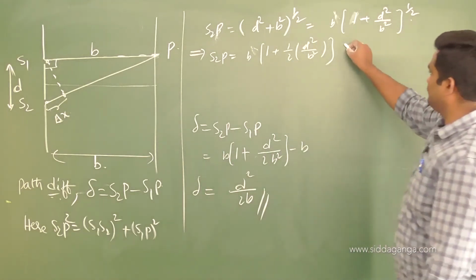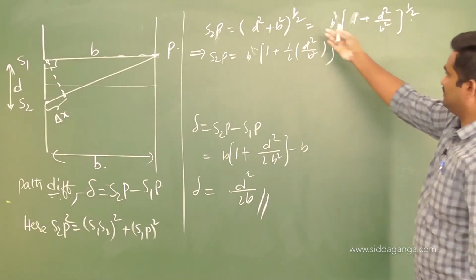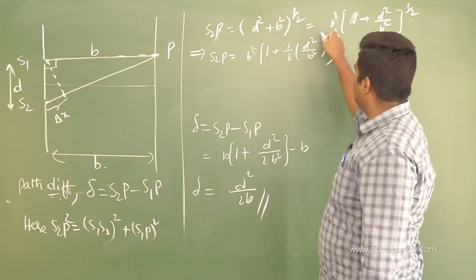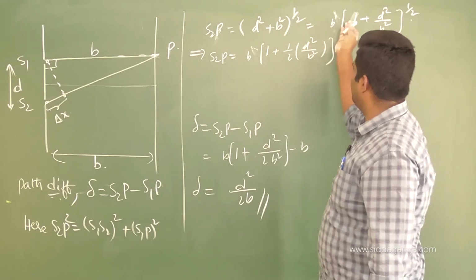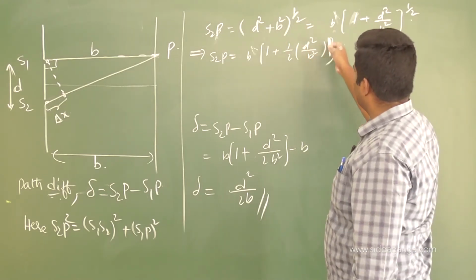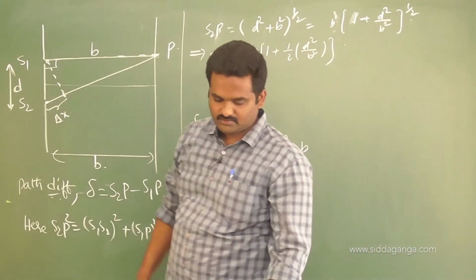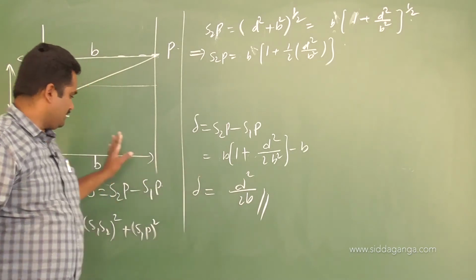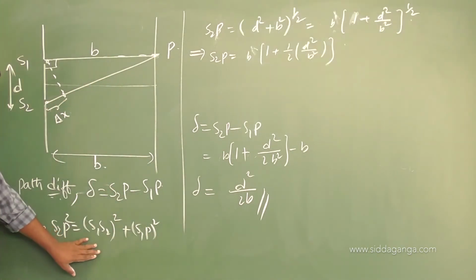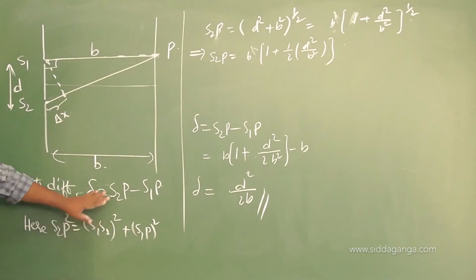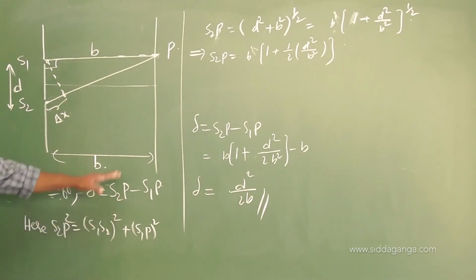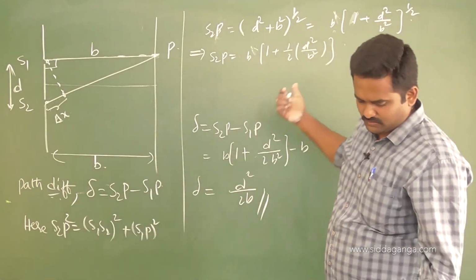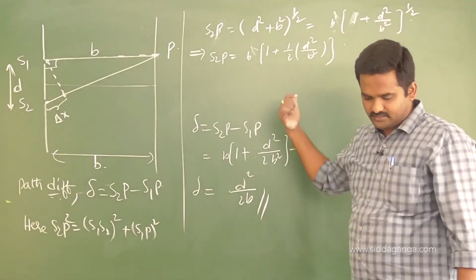Take this. This simplification you need to have, the mathematical calculation. If I take B square out of the root, the square and the root will get cancelled, it should be B, not B square. If I take B common, for the rest of it you just put the binomial expansion, only up to the second term we are going to take. We will end up with d square divided by 2B like this. Up to here is the physics we have to relate, what is happening here, and the rest is mathematical calculation. If you can do it in any other way, not a problem, but you just remember this.